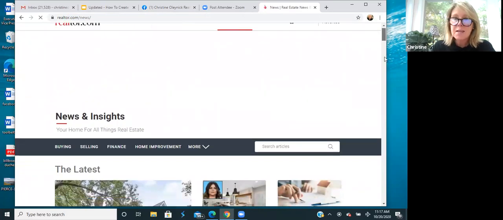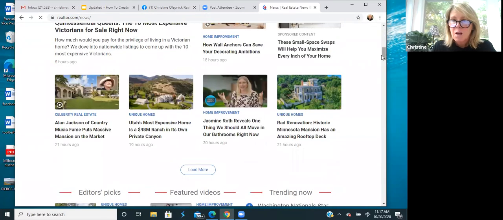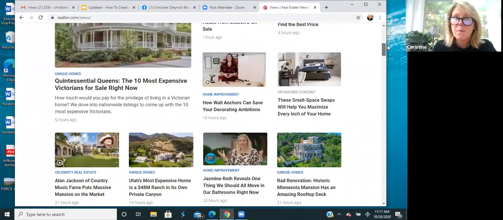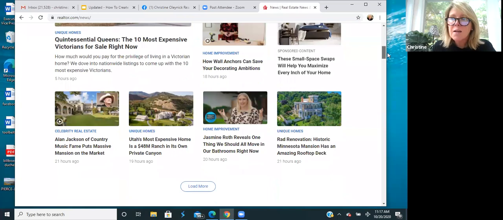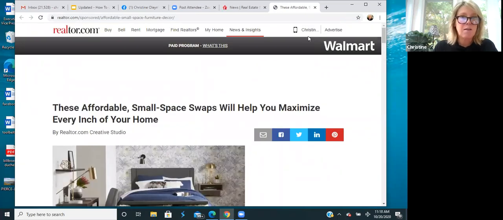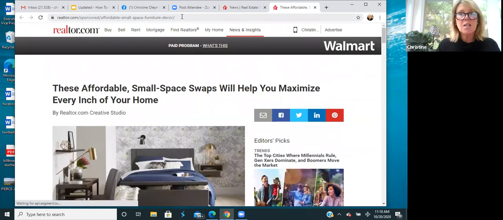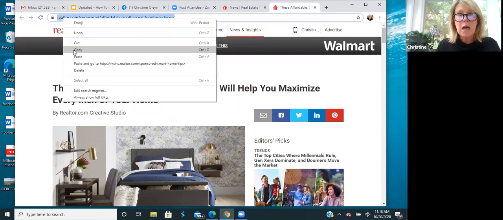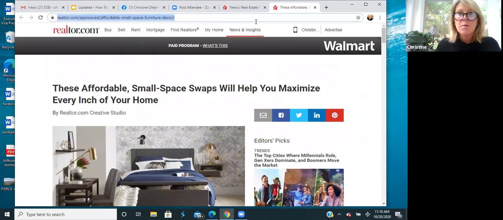So let's see, something relevant here: three small spaces to help maximize whatever. Here's the link up here. I'm going to highlight the link. You highlight the entire thing and hit copy.